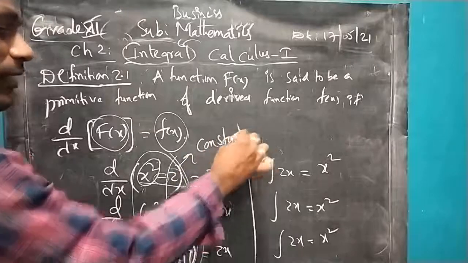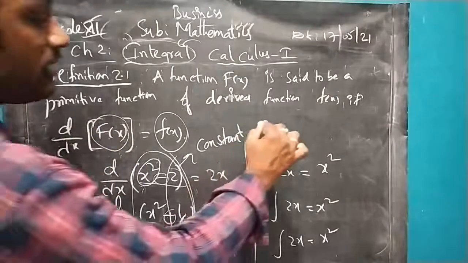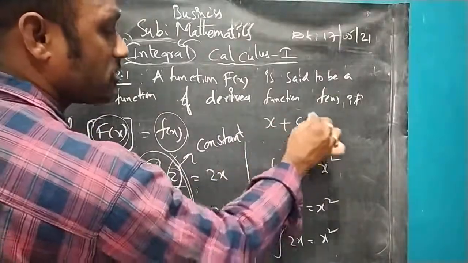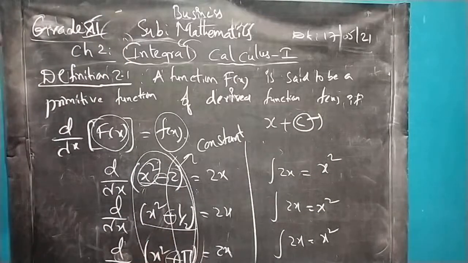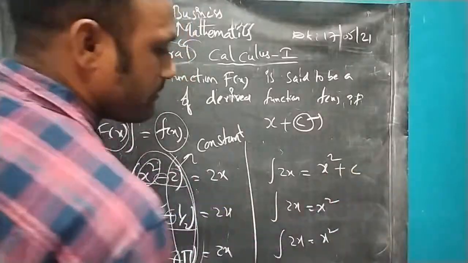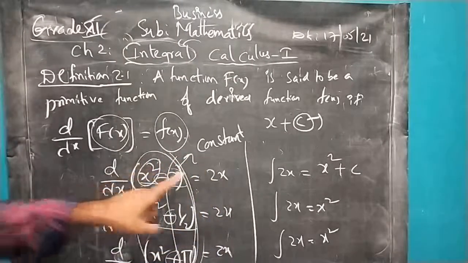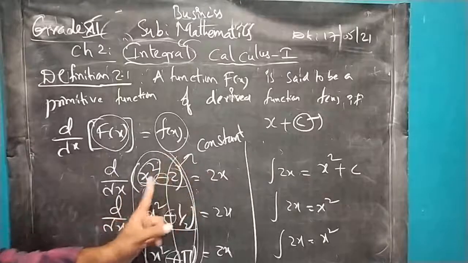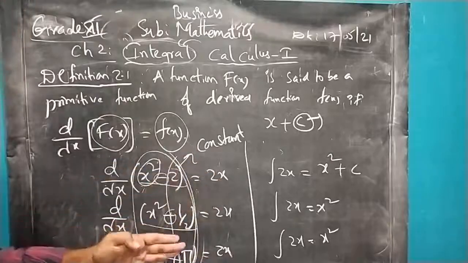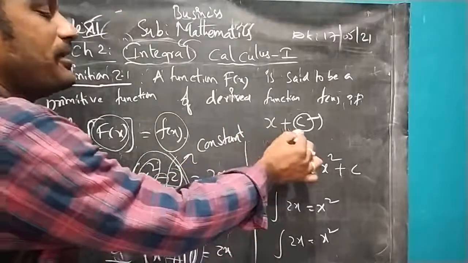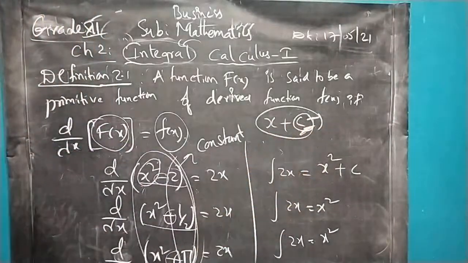They are some numerical values. They are some constants. Means our primitive functions will be something plus a constant, where c stands for some arbitrary constant. So while performing the integration, we definitely have to write some arbitrary constant, which is c. Why? Because these three give the same answers, but the primitive functions of these three are not the same. Once it is x square minus 2, another time it is x square plus 1 by 2, and another time it is x square plus 5. Since the primitive functions are changing, for every integration answer we have to add the c value, which we call the arbitrary constant.